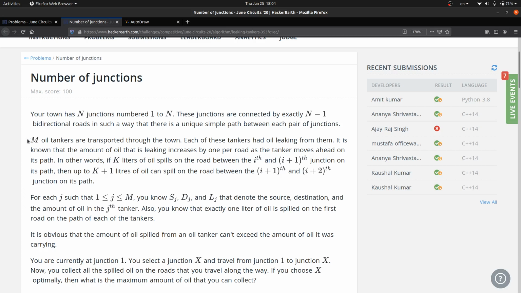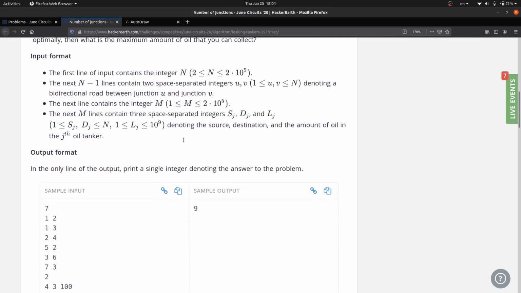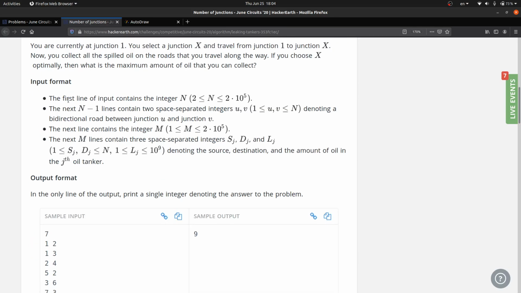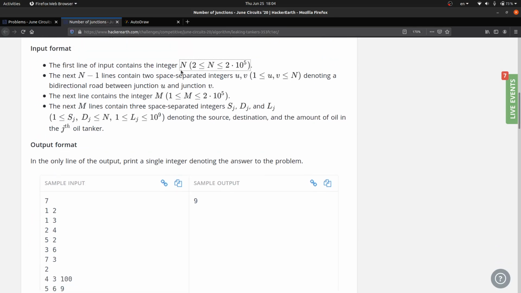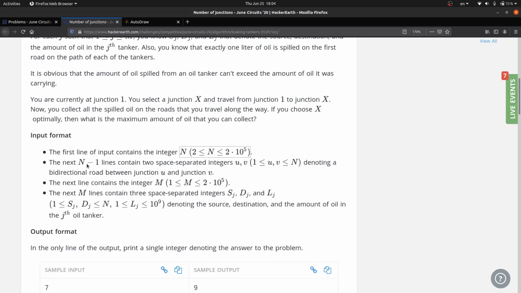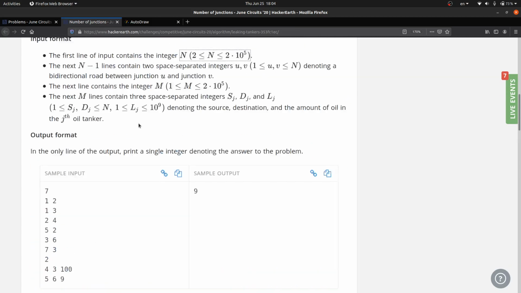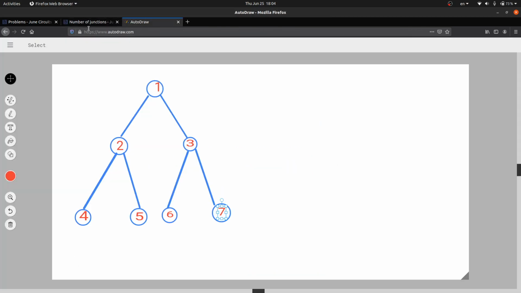Now m oil tankers are transported through the town. Each of these tankers has oil leaking. You can read the full problem, I wanted to clear this point. The input is first n, the number of junctions. Then we have n minus 1 lines containing two separated integers. You can go through all this. Now I'm going to explain the problem. So the problem is simply that